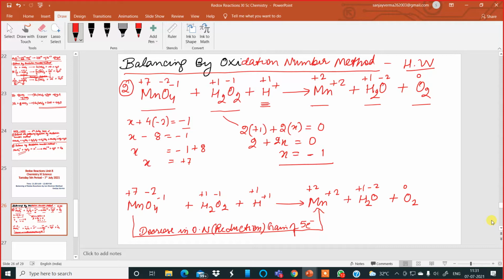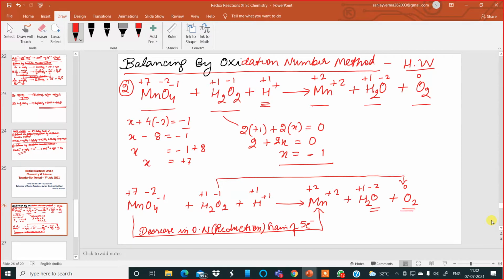Oxygen, it is minus 2. Oxygen is minus 1, over here. This oxygen in hydrogen peroxide is changing from minus 1. Minus 1, it is becoming how much? It is becoming 0. We do not take this because this is water. Oxidation number is permanent. This one is minus 2, so it is the original oxidation number of oxygen. That's why we will not take this oxygen. We will take this neutral molecule oxygen.